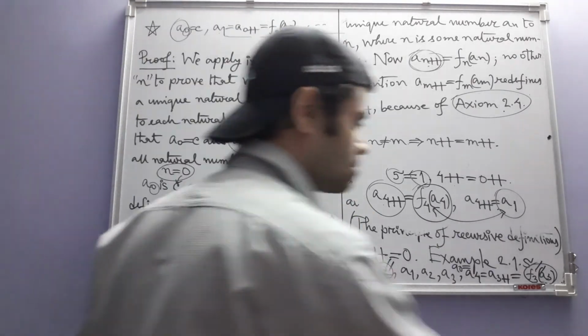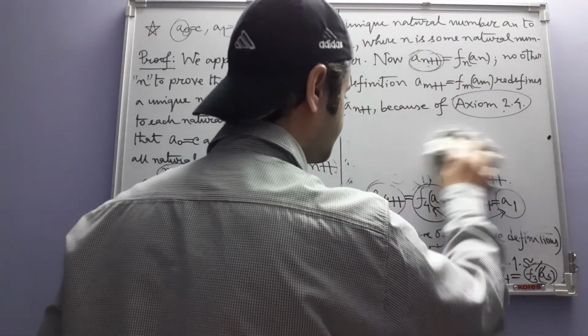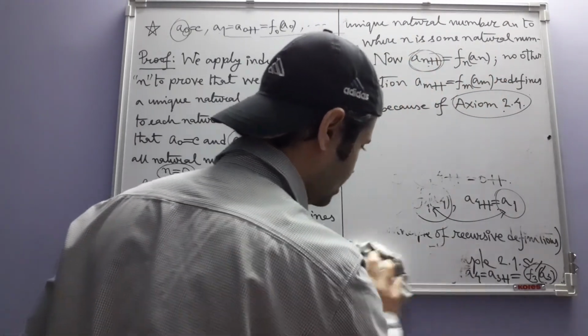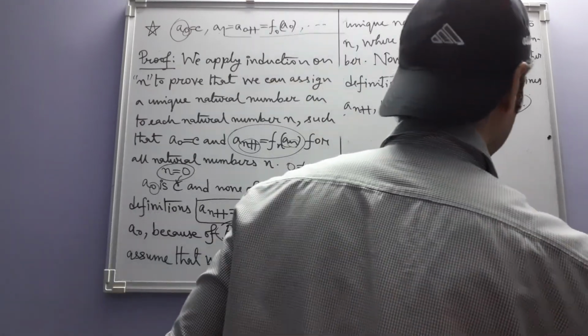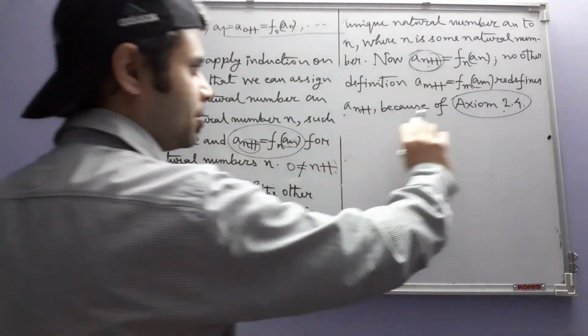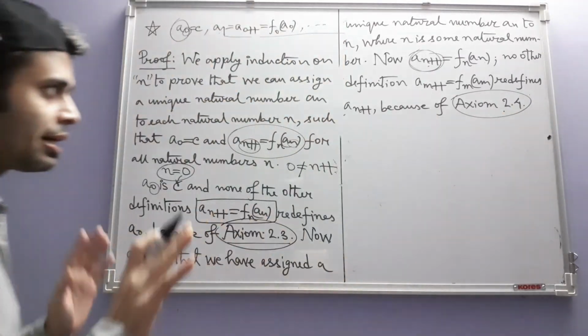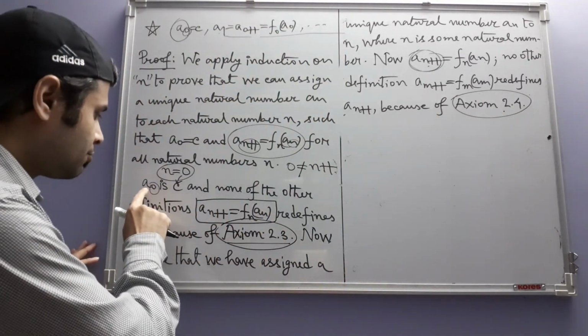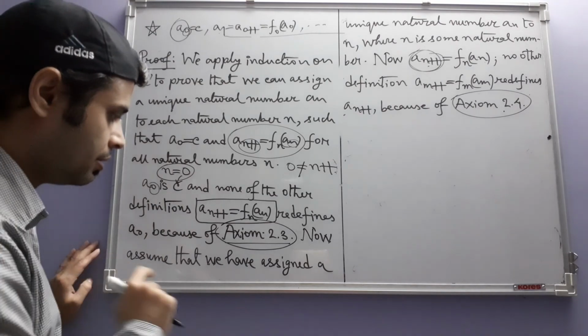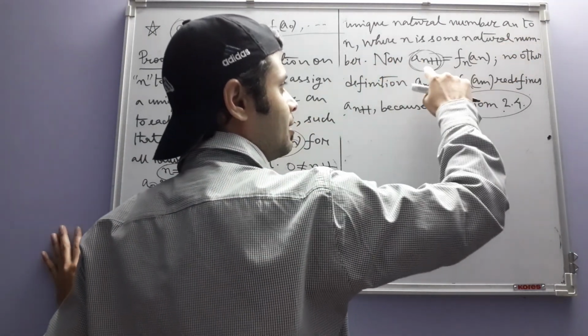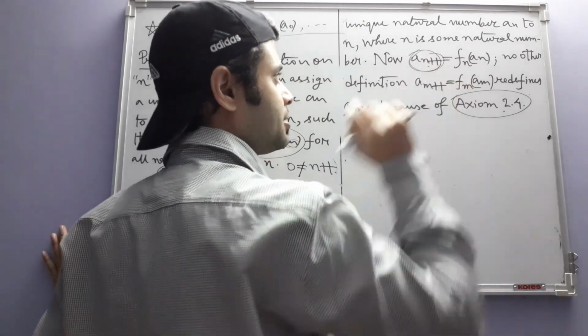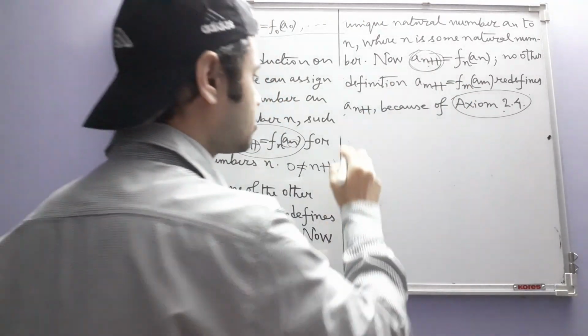By the way, the proof is not over yet. We have to formally write it. Okay, because of axiom 2.4. So what have I achieved here? I have proved that a_0 is unique. Then assuming the uniqueness of a_n, I have proved that a_{n++} is unique. So hence,